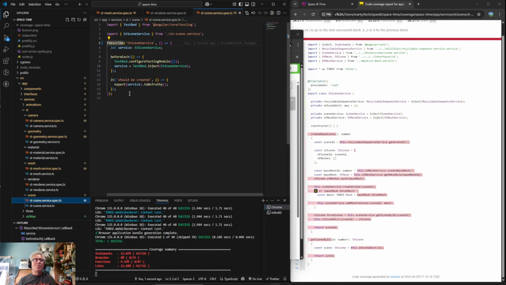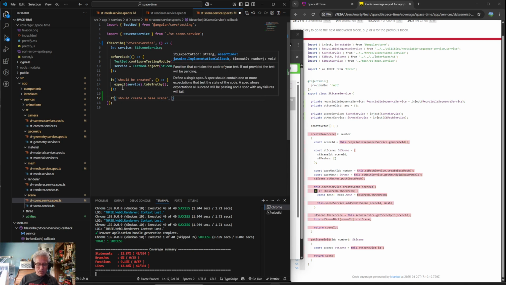So let's do our basic. Create a spec. We will give it its first argument, which is the description. So it should create a base scene,